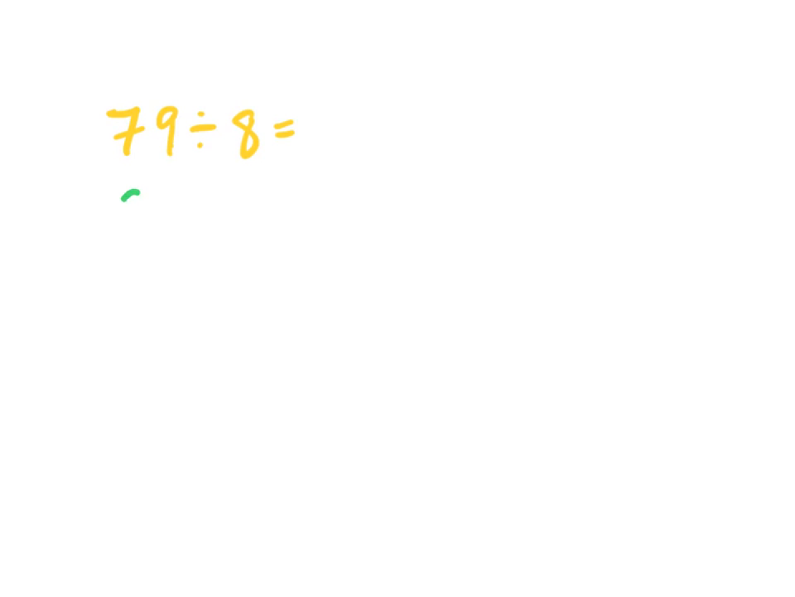If I were estimating, I know that 80 divided by 8 is 10, so somewhere close to 10 is my estimate. I'm going to actually set this problem up now. 79 is being divided, so it goes inside the house. 8 is doing the dividing, it's the divisor, so it goes outside of the house, and now I'm ready to